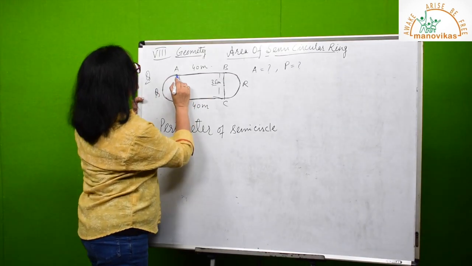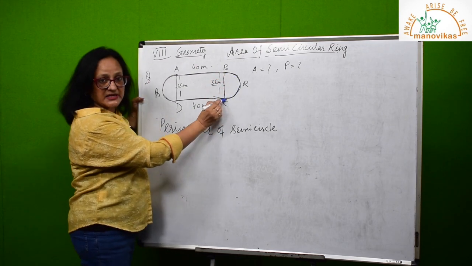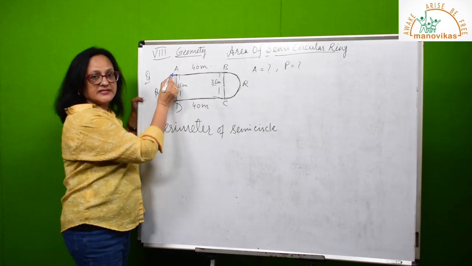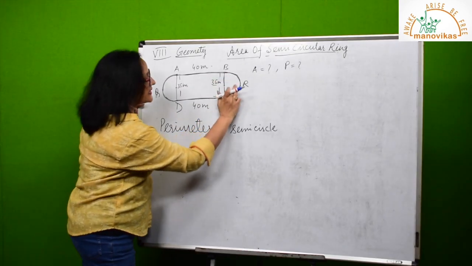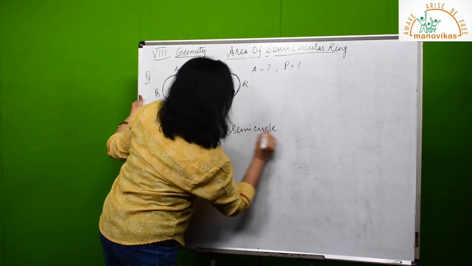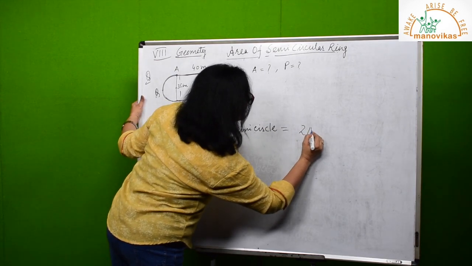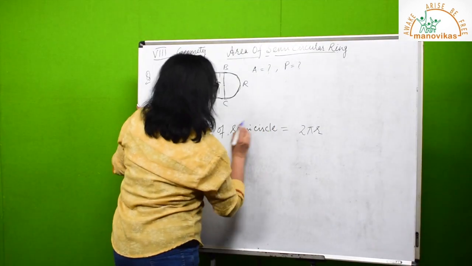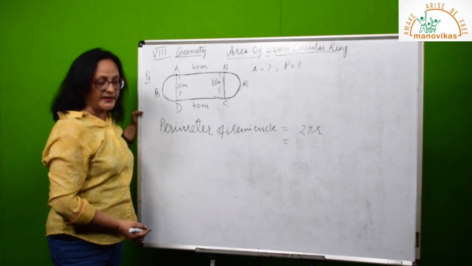So how we can find? You find length, semi-perimeter of the semicircle, then again length of the rectangle, then again semi-perimeter of the semicircle. Now first we are finding the perimeter of semicircle. So these are the only circular path. So what we will take? Two semicircles perimeter. This is equal to 2 pi r. Two semicircles means one circle, and perimeter of one circle is equal to 2 pi r. So here we are taking two semicircles, that is making one circle. So it is equal to 2 pi r, the perimeter.